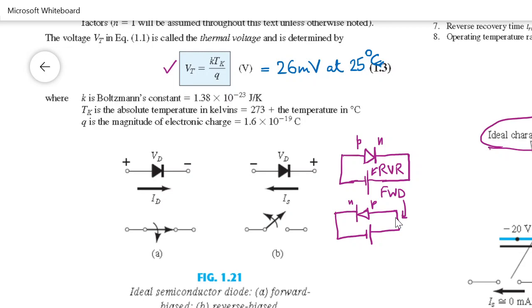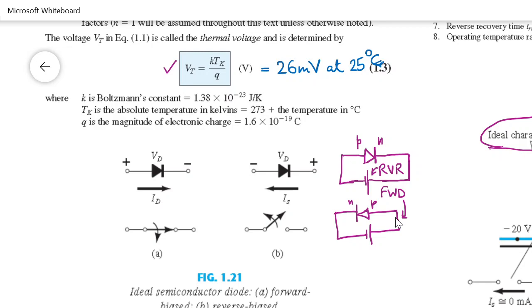Ideal characteristics. The previous one was the actual characteristics given by Shockley. This is the ideal characteristics, which you can simply plot, because you know that when the voltage is 0, it has crossed 0 voltage, it is on, in the forward region it is on. So there is any current that you wish, you can pass through this diode, and when it is in the reverse bias, when the voltage is less than 0,